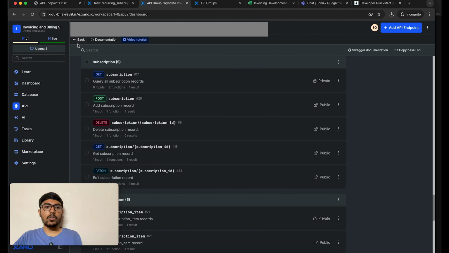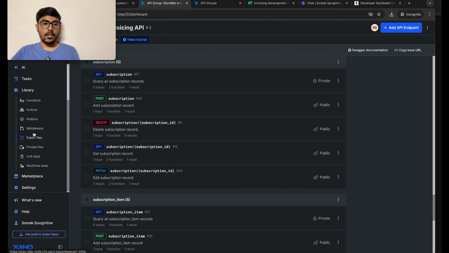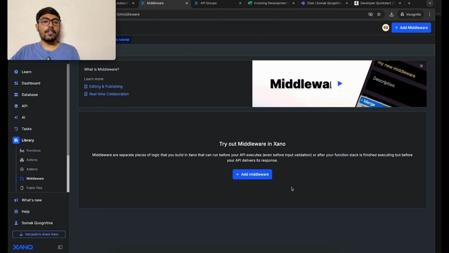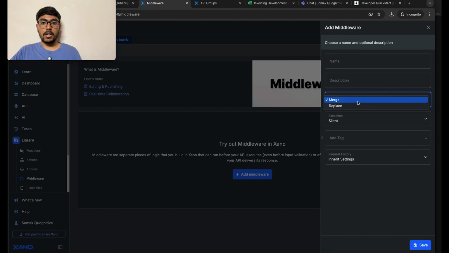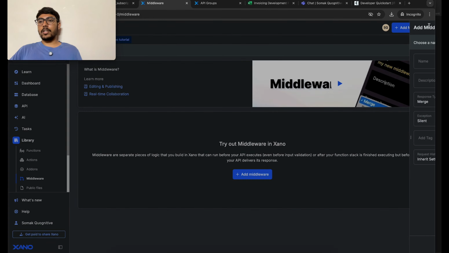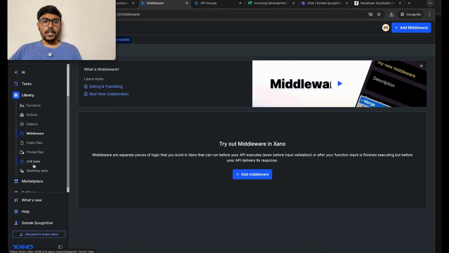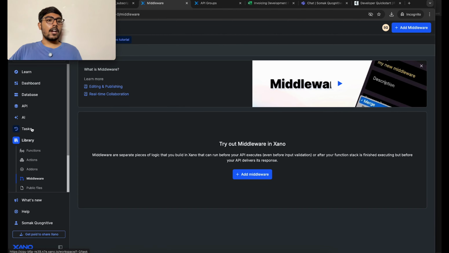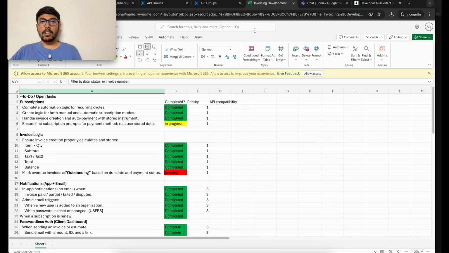One important thing is also there is the middlewares, right. So for middleware, if we go to library, you see middleware, we can create a middleware that will sit for all the functions, all the endpoints and stuff, right. We can allow for merge or replace. So whatever response we get from the middleware, we can merge it or we can replace it by the actual function message. So exception can also be handled here. So there are multiple things that we do inside the backend that can be handled inside Xano. Unit testing is also there, workflow tests, and yeah, that's kind of a wrap for today, I'll say,